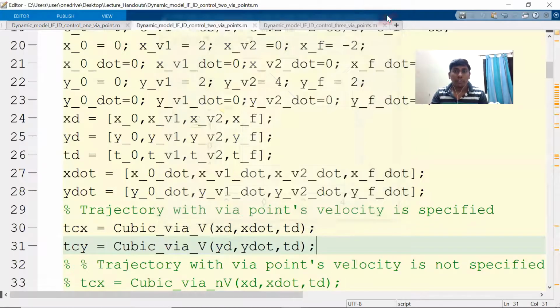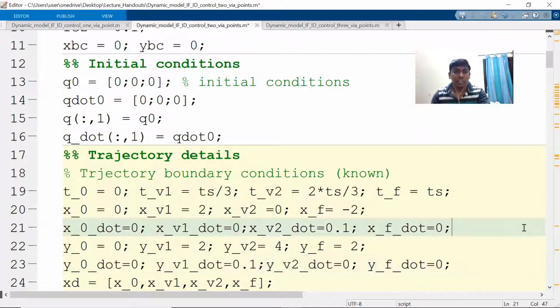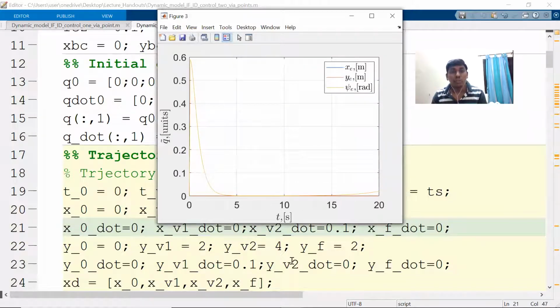So now I assume that the wire point velocity or some final velocity has changed just in case. So I assume that this is changed. Okay. And I assume that this is changed. I just give a random wire point velocity in X and Y. So now you can see it is slightly different, right? Now even our controller is not able to follow because it is giving some angle which it is not immediately able to track. Okay, so that is the whole idea.